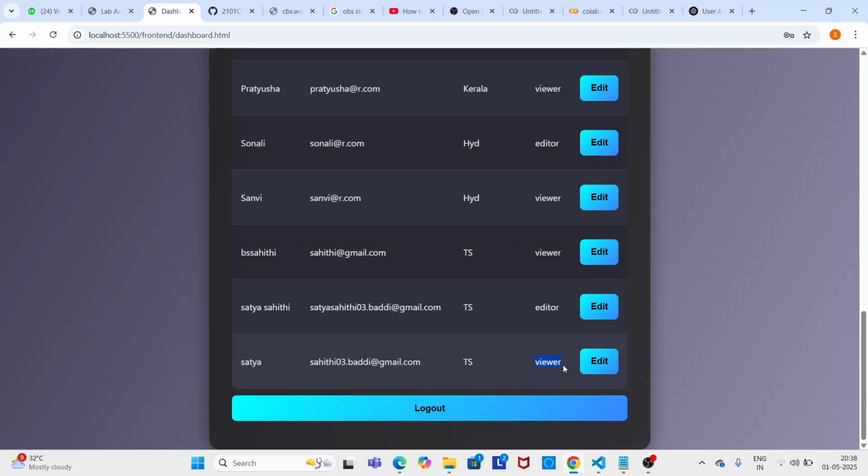He can only see the database, he can only read the contents of the database, but he has no rights to edit it. So it is only the admin who has the capability to edit the role of the viewer or editor. Even an editor has the capability to change the role of the viewer. So anyone who has a higher role can change the role of the lower role. So since Satya is a viewer,